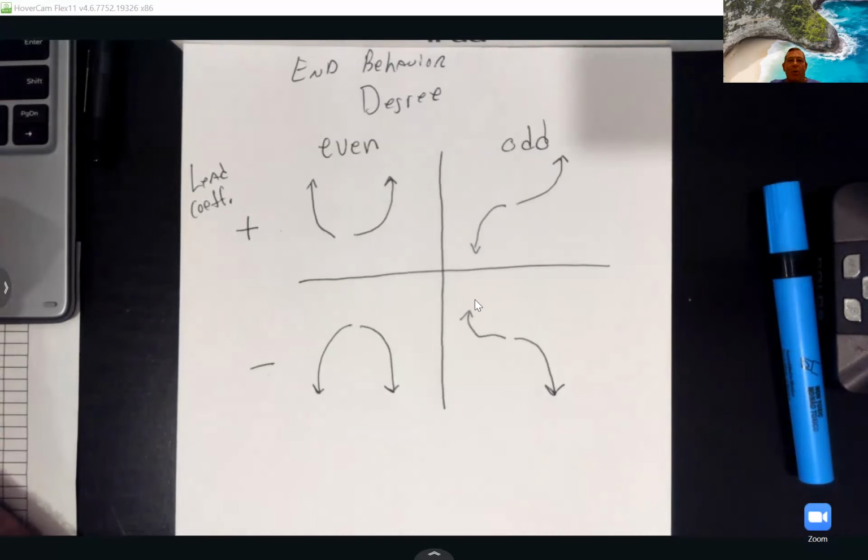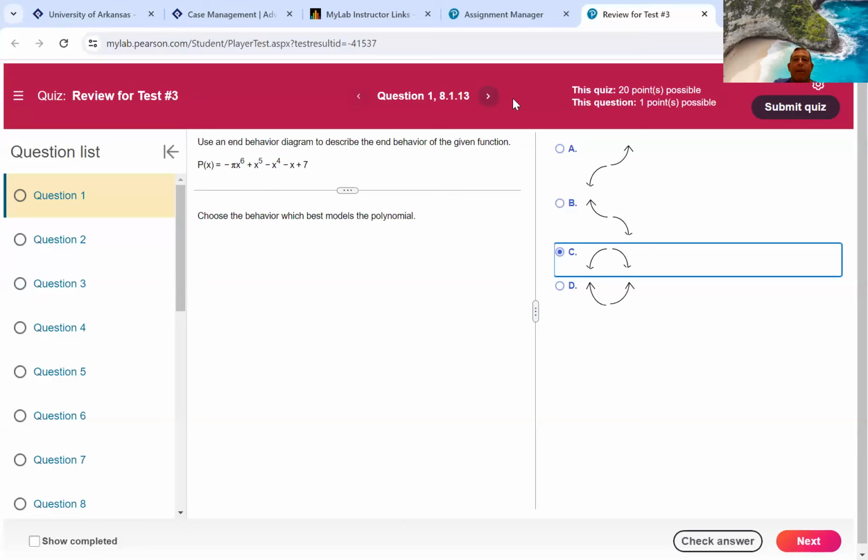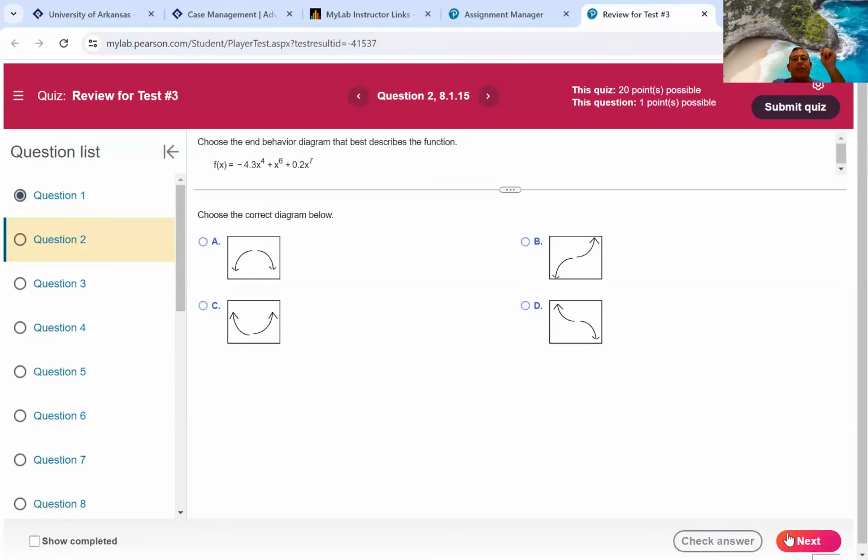All righty, so y'all, I'm going with even degree, negative lead coefficient, which puts both ends going down. So let me go to MyMathLab. And let's see, both ends going down. We're picking C on that. All right, y'all, so C, and then we go to next. So the first 2, we're doing that chart right there. So this one,